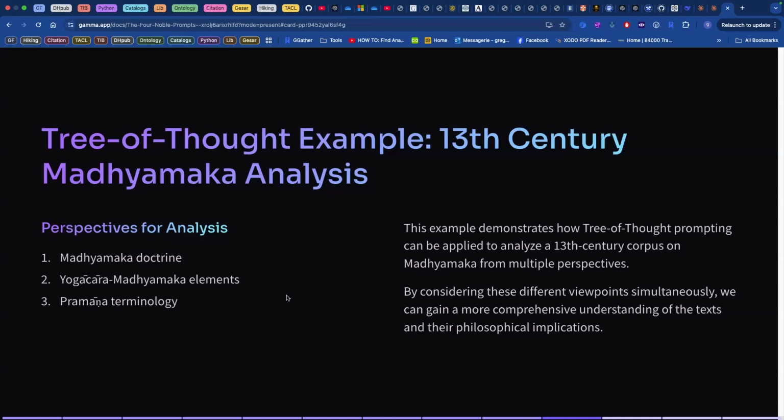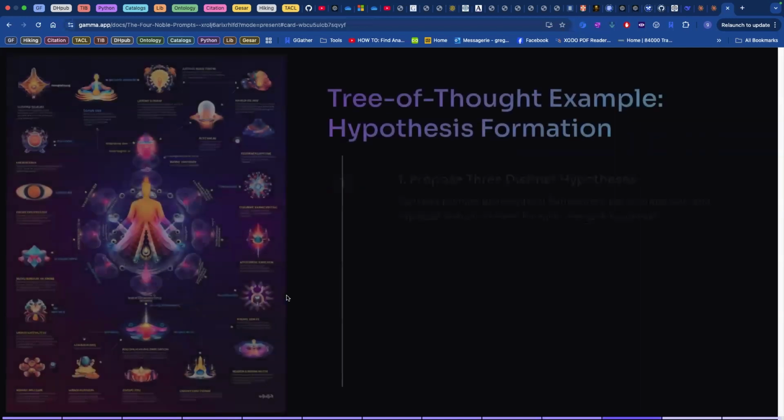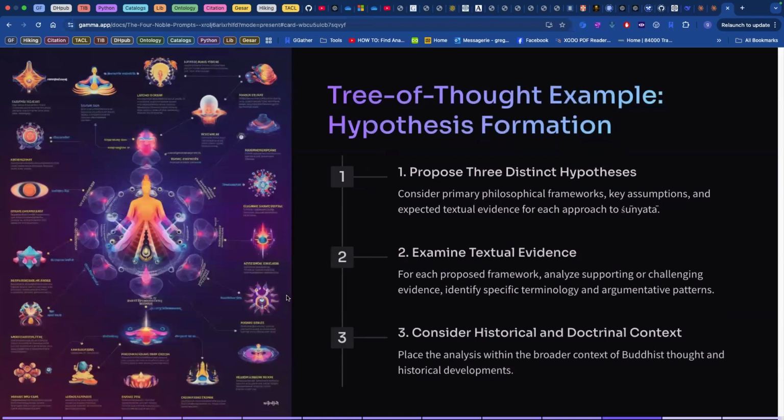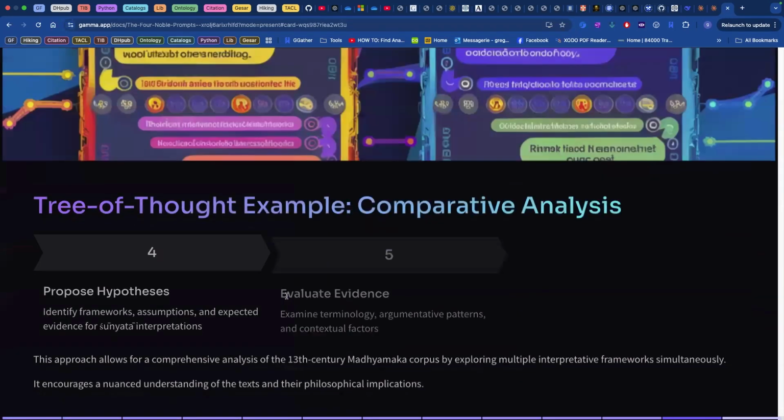That can be interesting if you want to emphasize the importance of a specific angle or perspective in the text, the issue of topicalization, not missing things. So it's what the tree of thought allows you to do. You can, for example, propose three distinct hypotheses about different aspects of the text, submit that to the model, and then proceed like this. The slide is online. It's on the